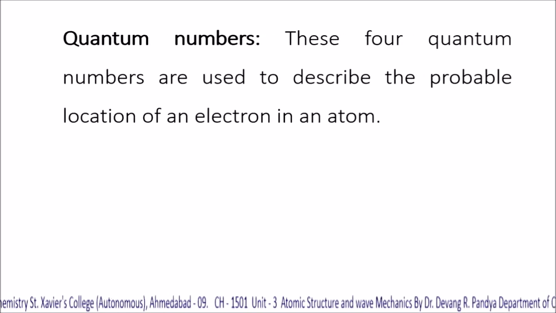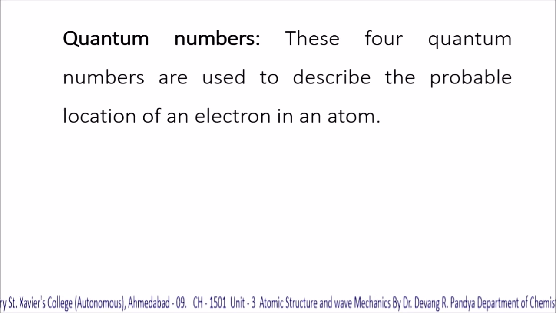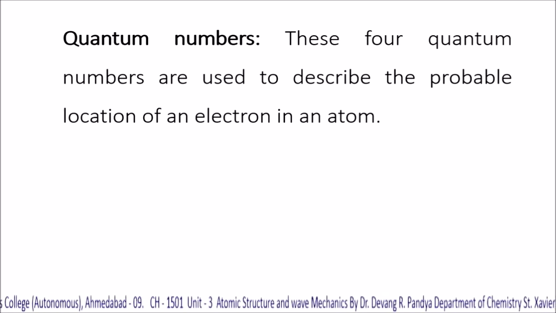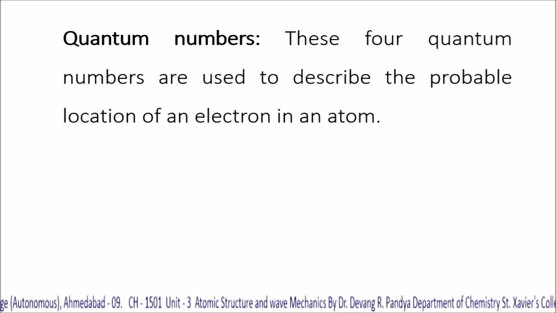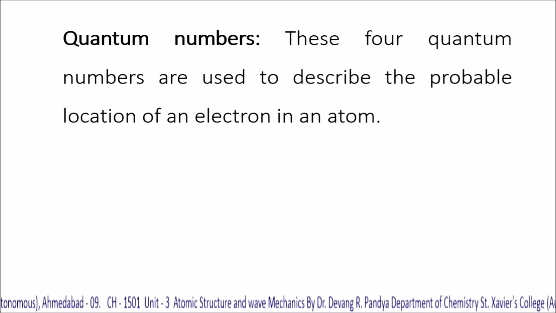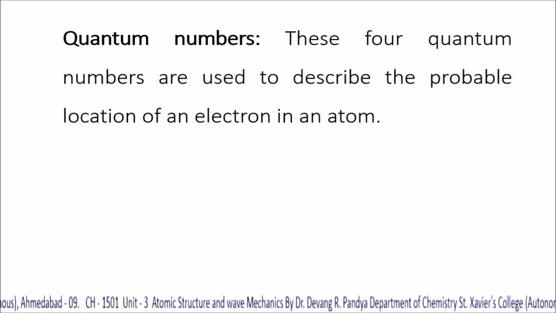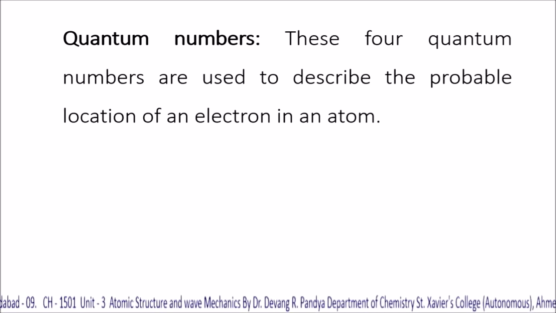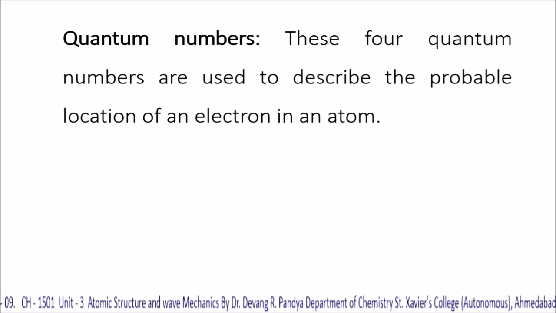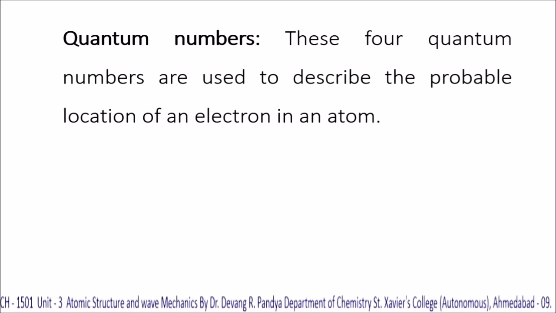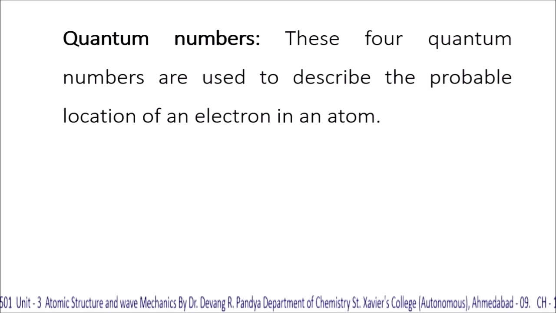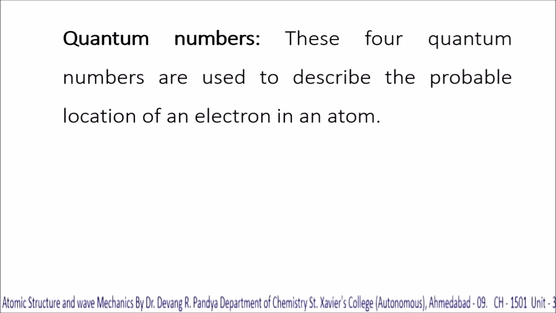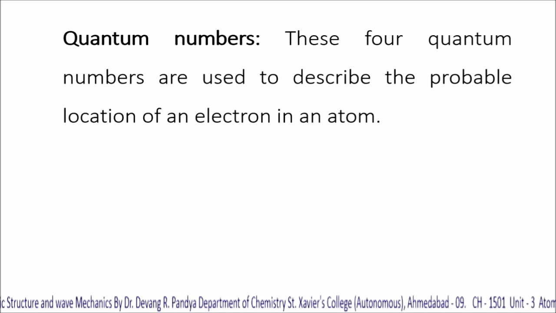Quantum numbers. These 4 quantum numbers are used to describe the probable location of an electron in an atom instead of an exact position or any momentum value. As we have studied in the uncertainty principle, it is impossible to measure the exact position and momentum simultaneously. We can indicate the probable density location of a particle,